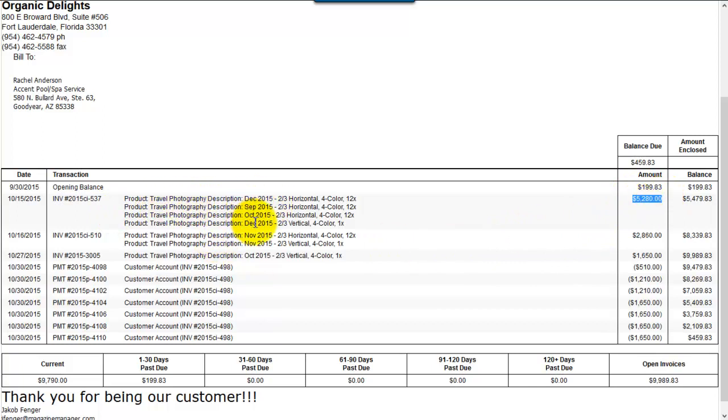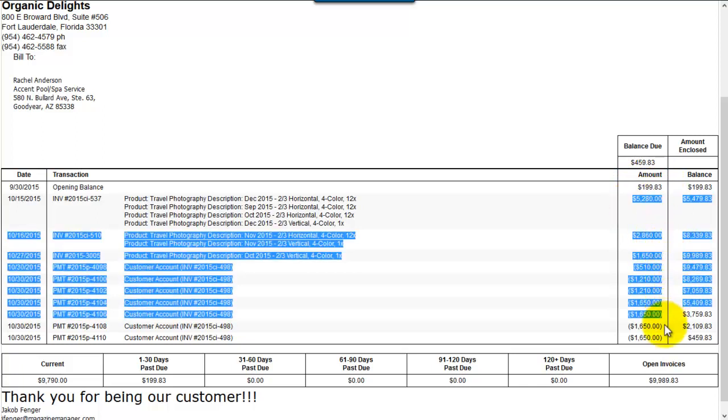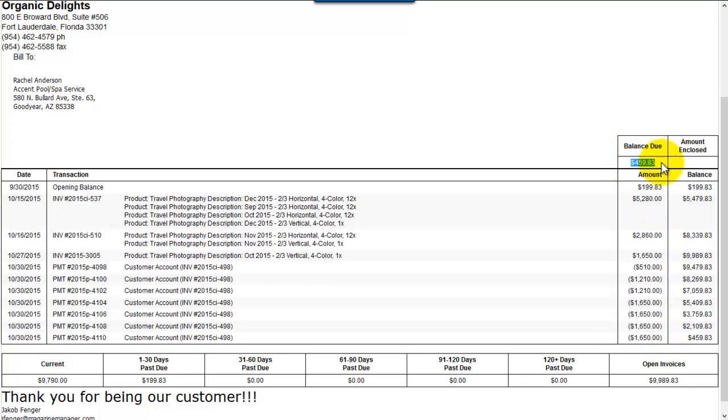September, October, December, 2/3 horizontal. This is everything they ran. They were also invoiced on the 16th. Another invoice here, and then we had payments received that applied to various invoices, so that by the end of the accounting period, my apologies, I misspoke earlier. The opening balance was 199 plus any new charges minus any payments has an ending balance of current balance due